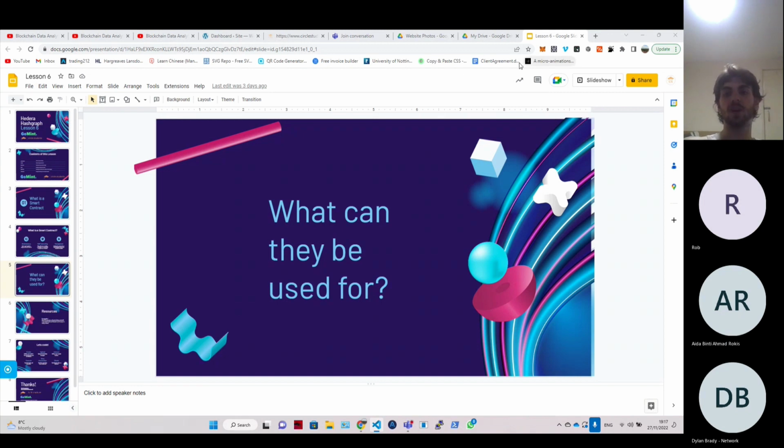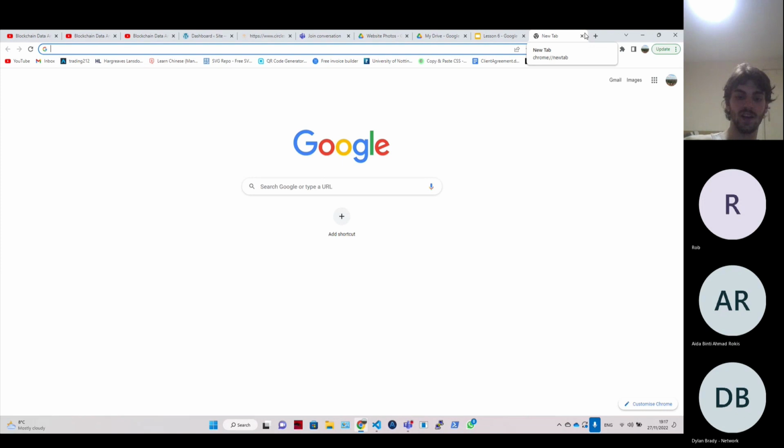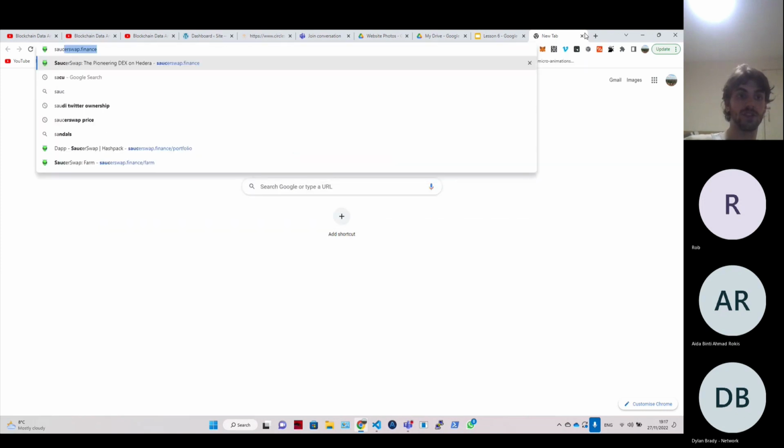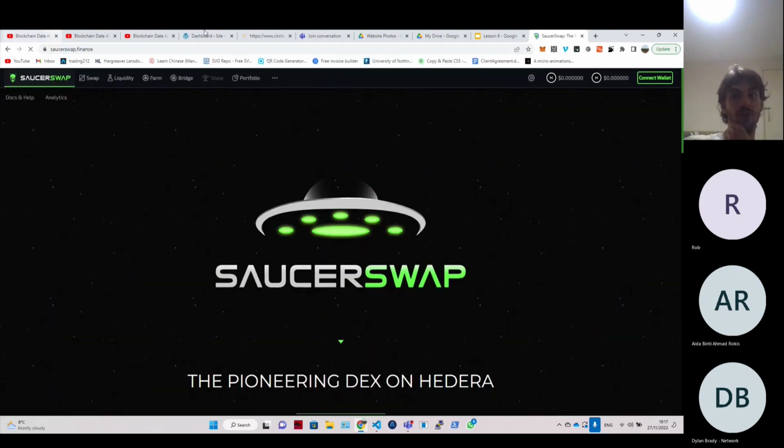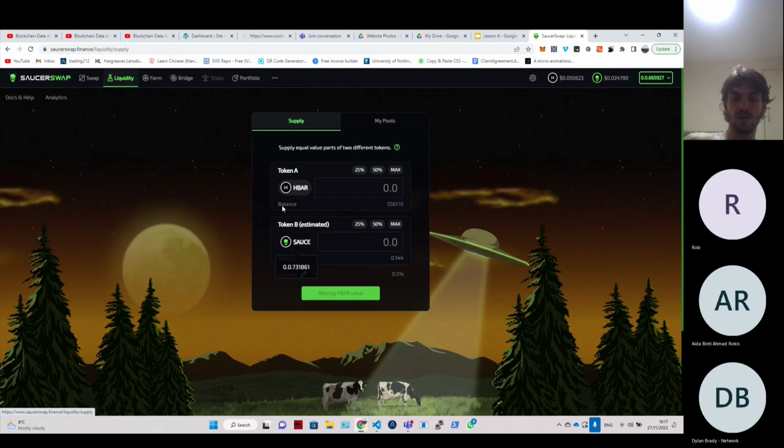For example, they're used all the time in decentralized exchanges. A popular one on Hashgraph is SourceSwap. SourceSwap's really cool. Now this is when I go to, for example, provide liquidity. I want to provide some, let's say, USDC and